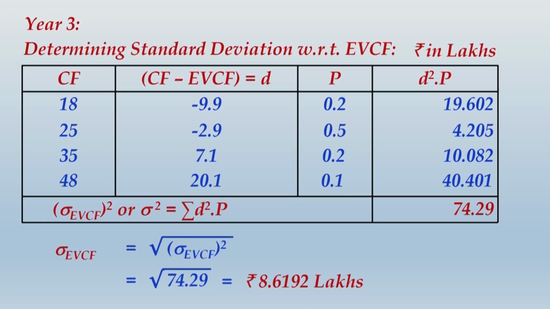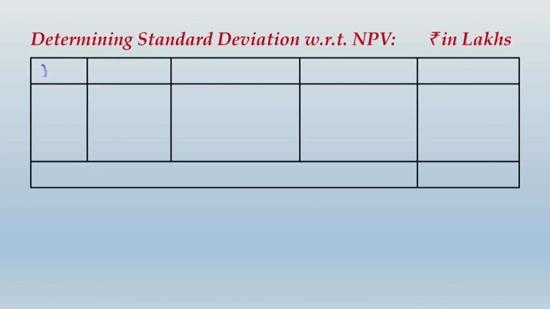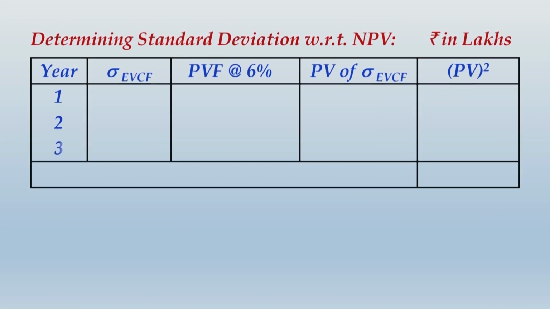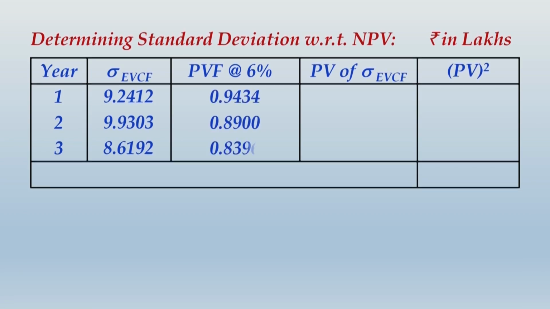Alright friends, once you have completed this entire calculation, you should be clear that this is the first step in Hiller's model, and the later steps when you have to apply for computing standard deviation with respect to NPV, you just identify that the project life is 3 years, so you plot the standard deviation with respect to EVCF for the 3 years. You compute the